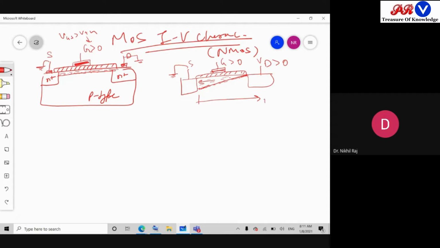Let's say this is the x axis, and let it start from 0. We start from this source end to the drain end, that is 0 to L, and we have to find what is the current flowing in this channel. So to start, let's assume now this channel is of some area. So let's assume some QD charge is formed there and which has to move a certain distance, and at one time it will reach some place here.